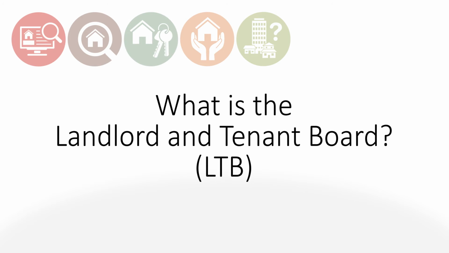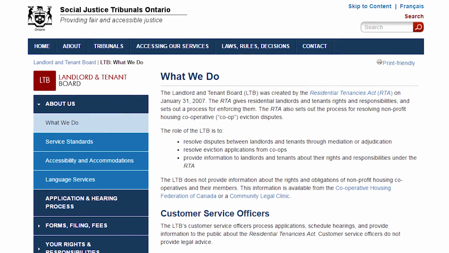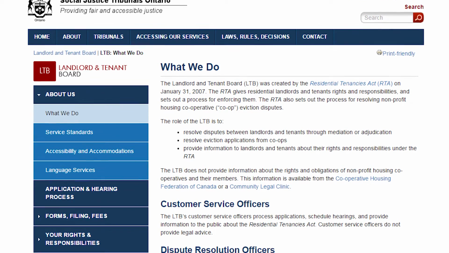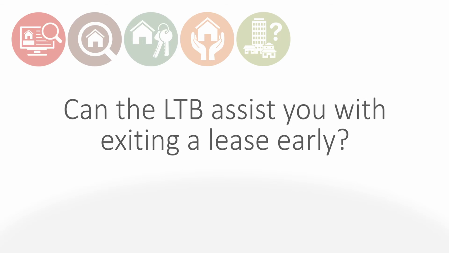So the Landlord and Tenant Board is an administrative tribunal in the province of Ontario that is responsible for deciding these disputes between landlords and tenants. The one thing that is important for tenants to realize is that ending the tenancy is a very serious thing. The Landlord and Tenant Board doesn't take it lightly. It would really take something extraordinary for the board to end it,